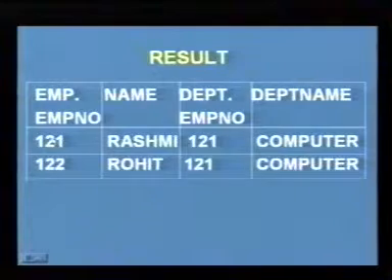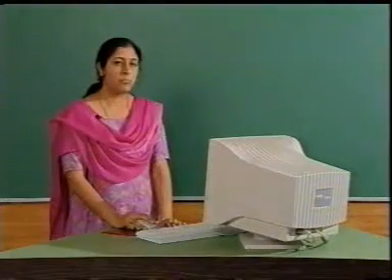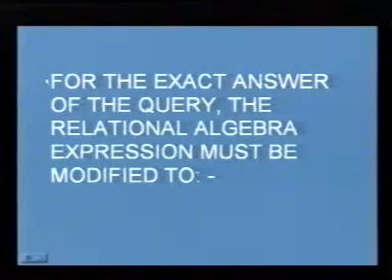The first tuple is in fact correct, whereas the another tuple which contains employee number 122, name Rohit, department number 121 and department name computer is not the desired result. Therefore, the Cartesian product expression could not give the desired result, and we will have to modify it. For the exact answer of the query, the relational algebra expression must be modified to this expression, that is